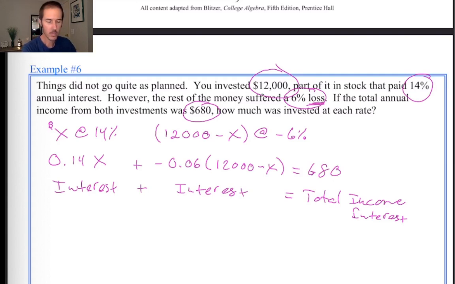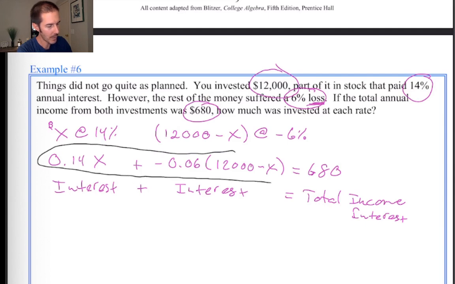Well, what we've got now, if you look at this, is one equation that only has one variable in it. You know how to solve equations that look like this. We're going to do some distributing. We're going to combine like terms. We're going to get our variable all alone on one side of the equation, and then we're going to have an answer, which we're going to have to interpret just a little bit because this is a word problem, but otherwise this is not going to be a very taxing experience. It'd be funnier if this problem were about taxing, interest rates, and so on. Anyway,